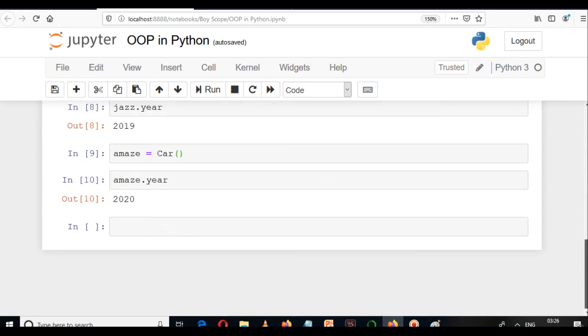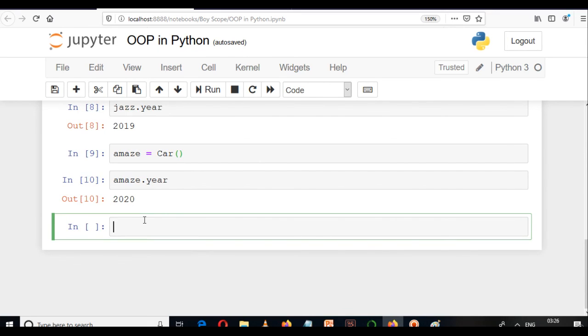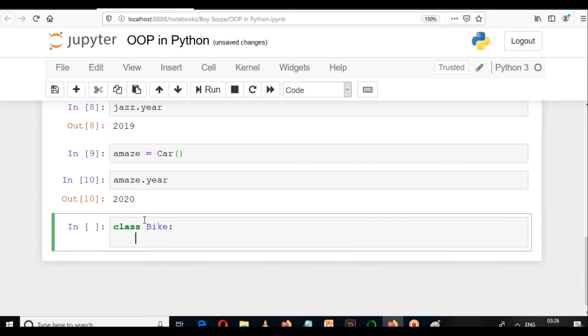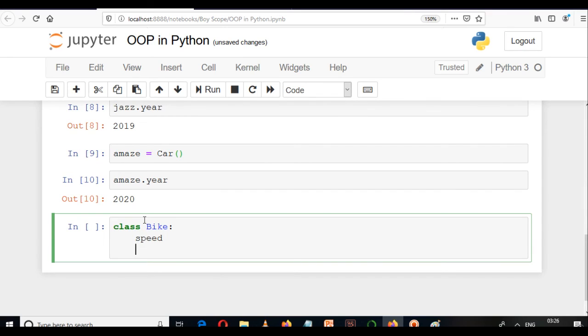Let's say class Bike. So we are creating a class called Bike, and let's say again speed and color.